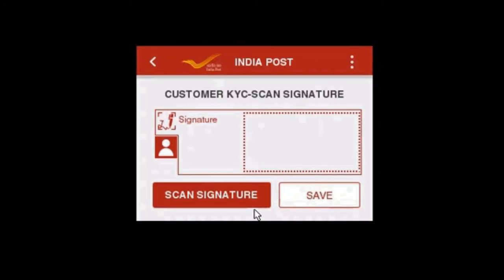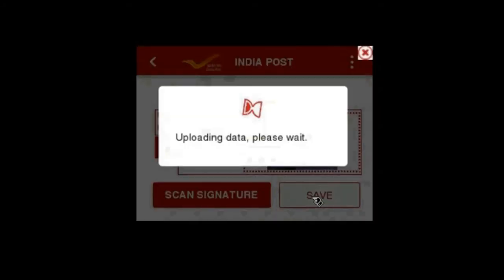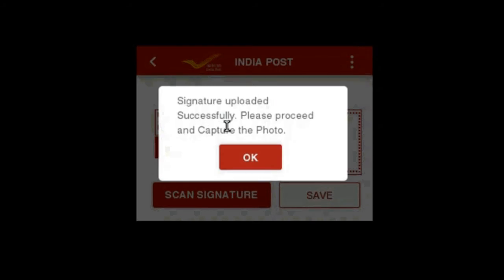This is the signature of the customer. We will save it. Validating data, uploading data. Please wait, it is uploading. Signature uploaded successfully. Please proceed and capture the photo.